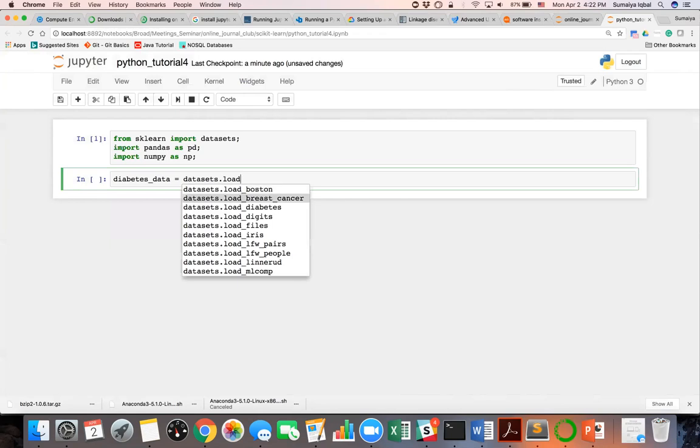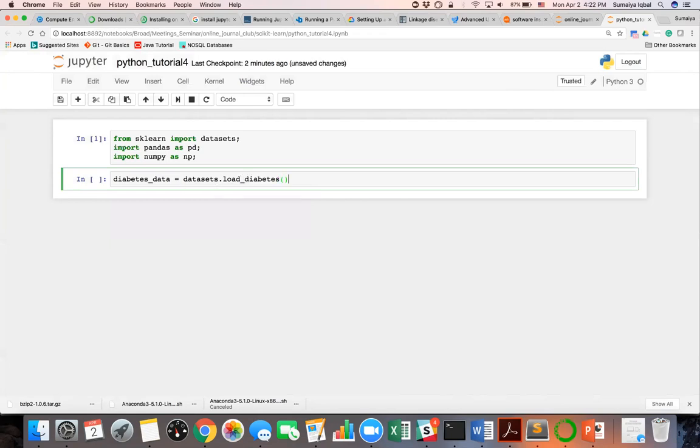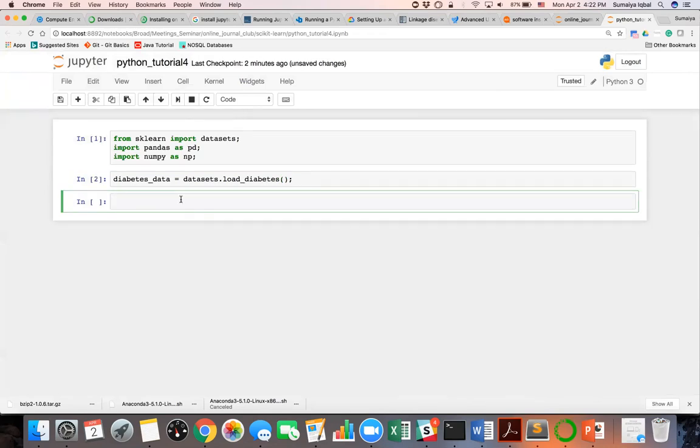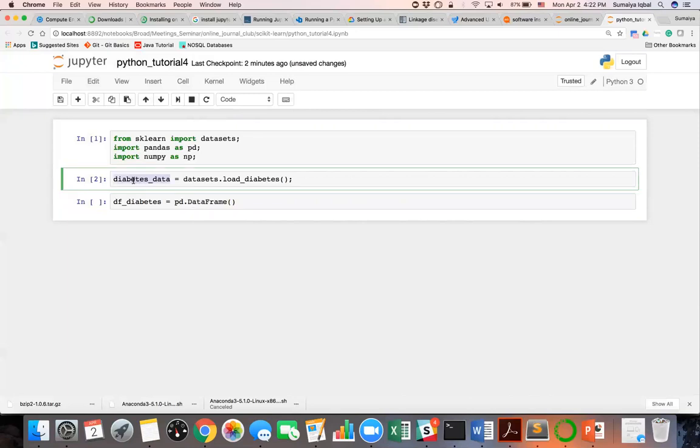So here are several data sets here. I would like to load this data set, and then we'll run it. Before observing or describing the data, I will show you how we can convert this data into a data frame. This is very easy. We do pd.DataFrame, and then we give